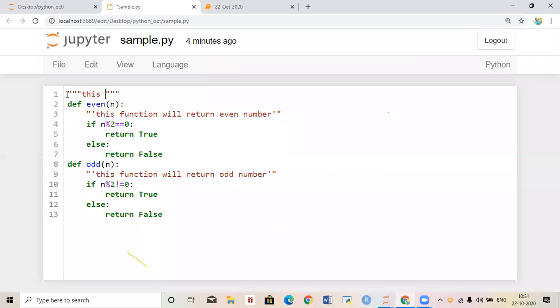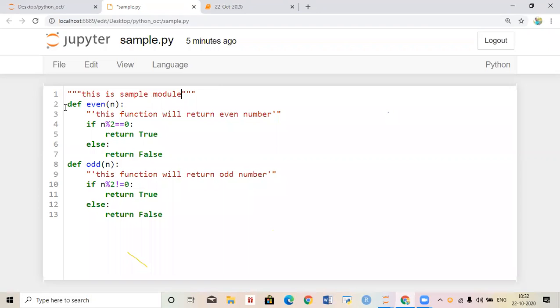This is a sample module. See this one, I implemented one sample.py. In that Python file I wrote: this is a sample module.